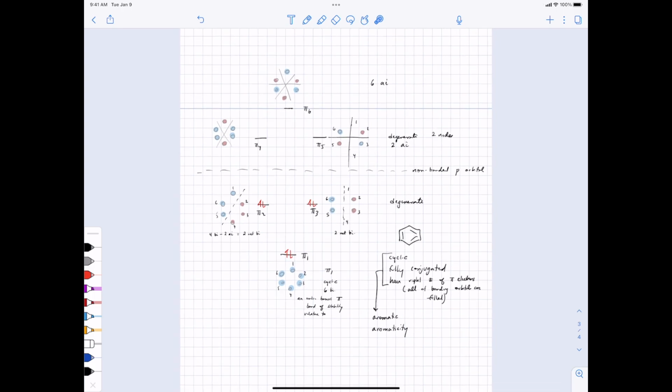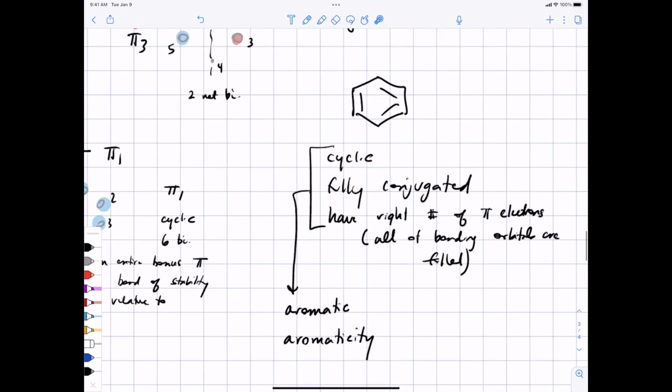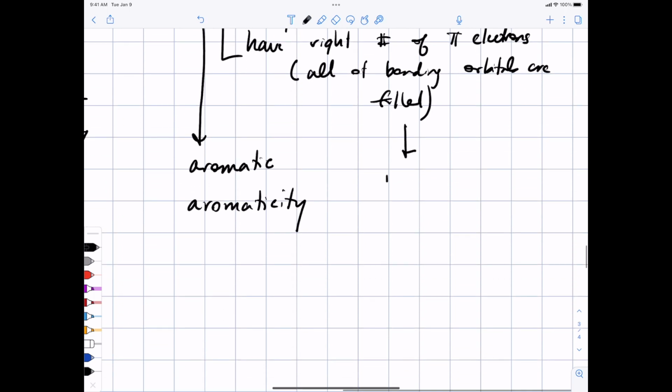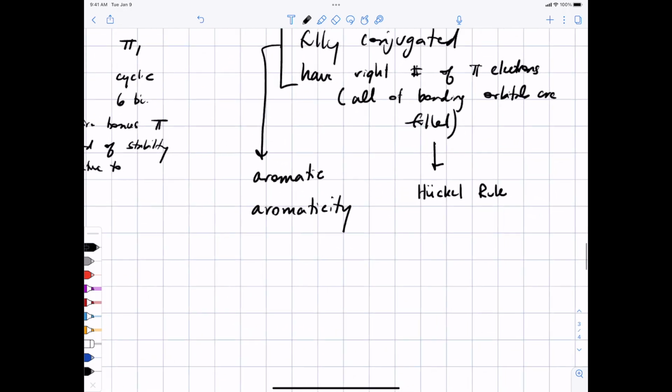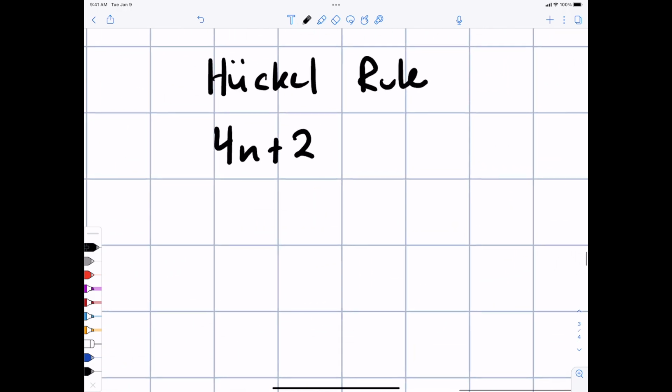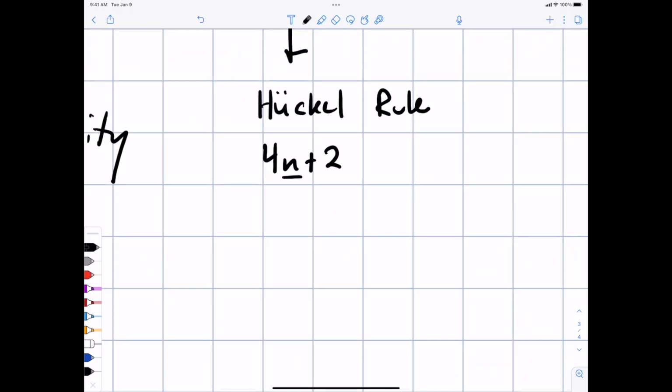However, there's kind of a neat rule you can use. The rule for the right number of electrons is called the Huckel rule, after the person that discovered it. And it's called 4n plus 2. People get confused. Mathematicians, you're going to be okay. You're used to this kind of nomenclature. n is an integer